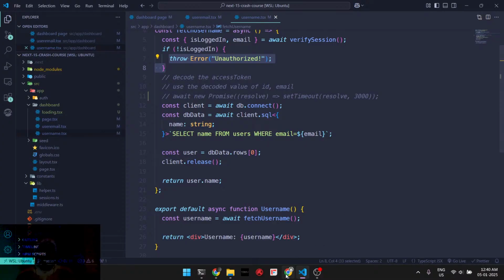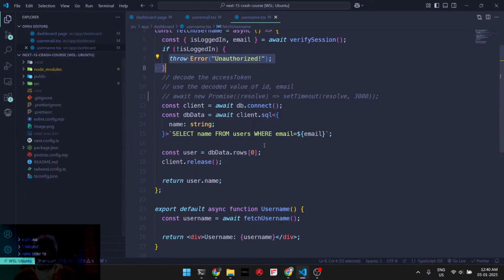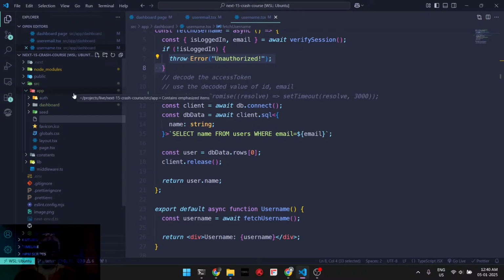It's just that while things are in production, something can happen. So you need a proper UI. I mean, this works, right? See, it works, but you need a proper UI to fall back to. So that's what we are going to do. In Next.js 15, inside the app, you can have a file called error.tsx. Now, here's the thing. Since the error is coming on the dashboard,